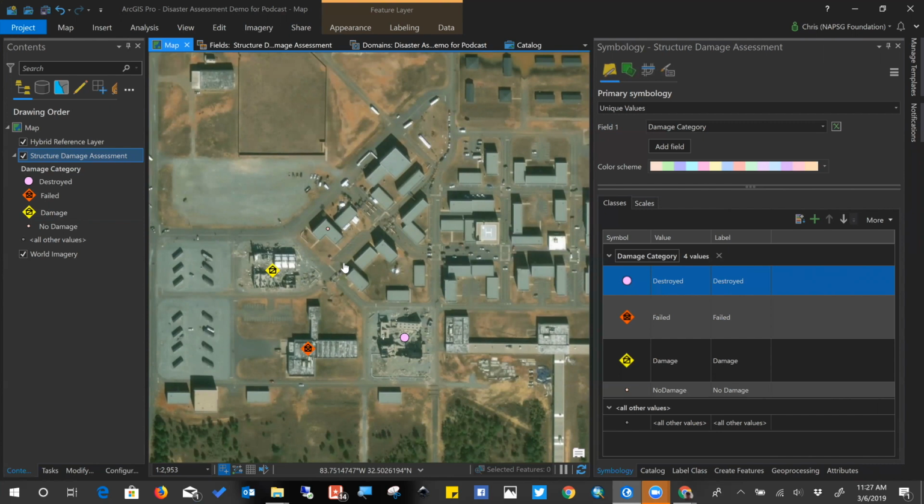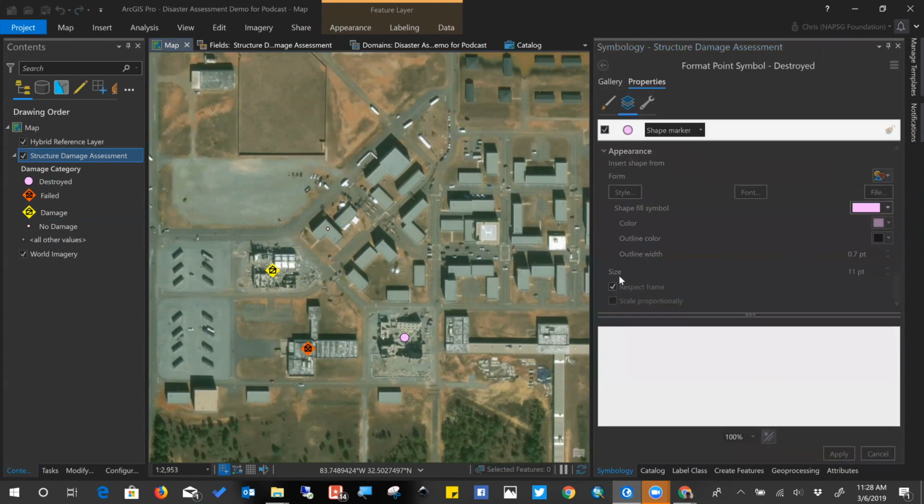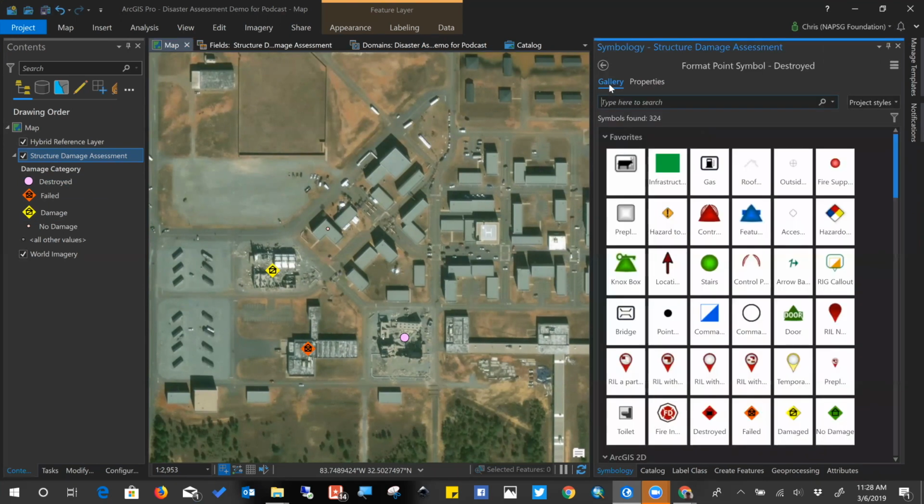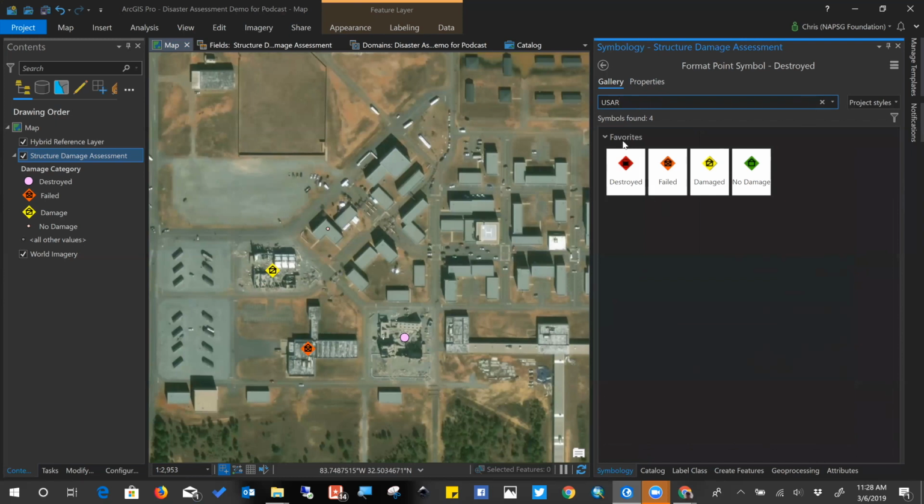And one part of the challenge of making a good map is to have the map communicating in an instant what the problem is. So in my table of contents, you'll see here that the destroyed symbol is the big symbol. So I'm going to click on that symbol, format that symbol. And in this program, I have a gallery that's associated with it. And so I'm going to narrow the search down just a bit. And I have what is the destroyed symbol that's consistent with the USAR symbology. All I'm going to do is click on it, and you'll see that all of a sudden that point changes